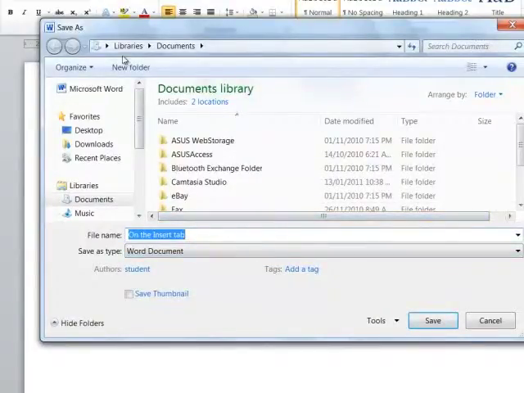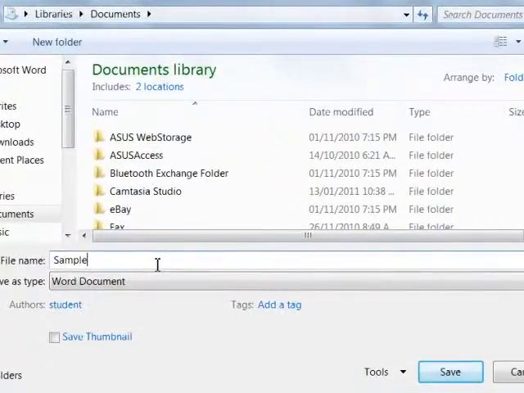And when you're in this dialog box, always check to make sure you know where your document is going. So at the top here, if I was to save my document now, it's going to be saved in a folder called Documents. If that's not where you want to save your file, then you pick or create the folder that you want to place your file in. Down here is the file name, and I'm just going to type in Sample as the name